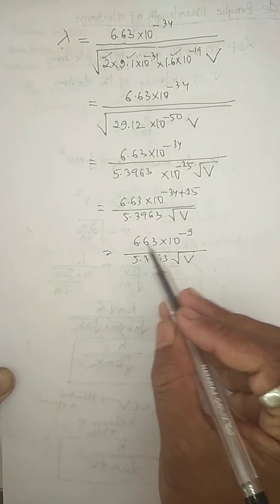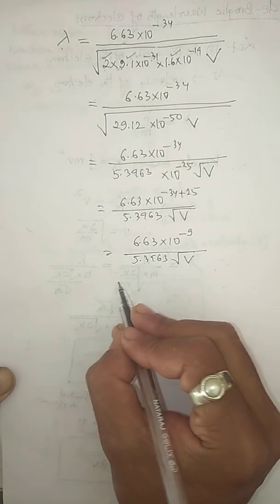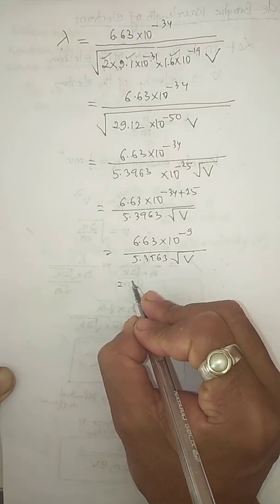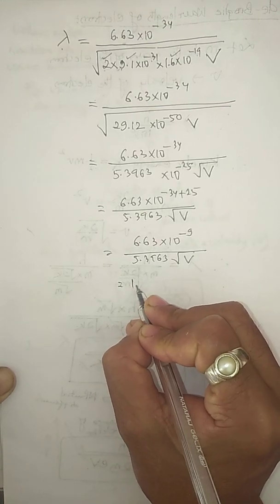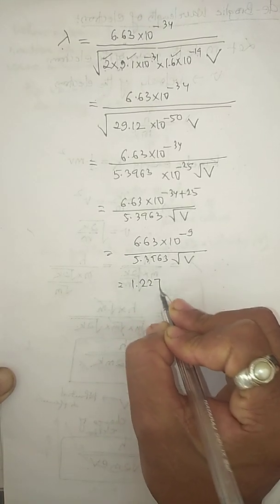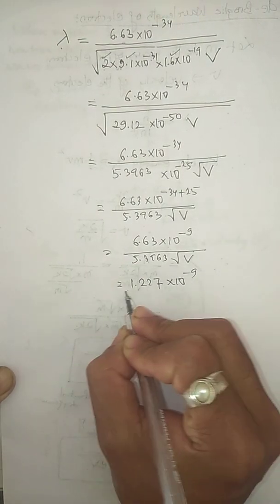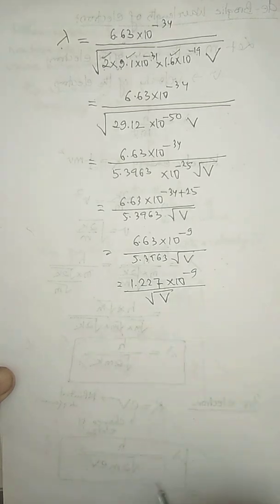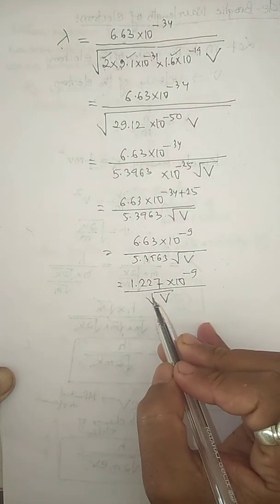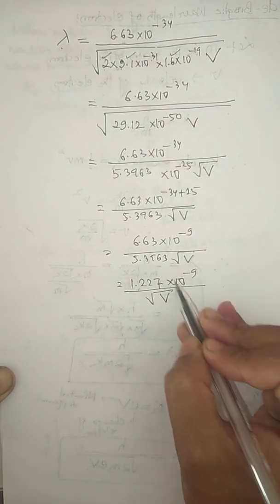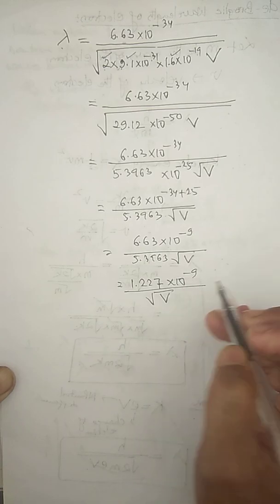Now we can divide 6.63 by 5.3963. If you divide with the help of a calculator, you get approximately 1.227. Approximately I am writing it in 3 decimal places with 10 to the power minus 9 by square root of V. But children, I write this value in the order of power 10 to the minus 10 because this wavelength